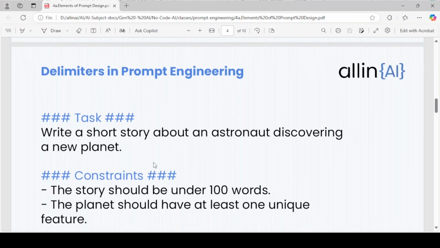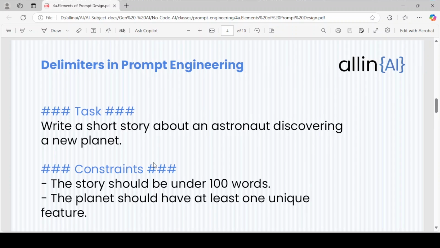See here the task. The task should be within the hashtags. That means I am separating this word task from the other normal text. So the large language model understands it needs to give importance to this word. So here I write: write a short story about an astronaut discovering a new planet. By using hashtags, I am differentiating the text from regular text. Below here I am using constraints. Same like